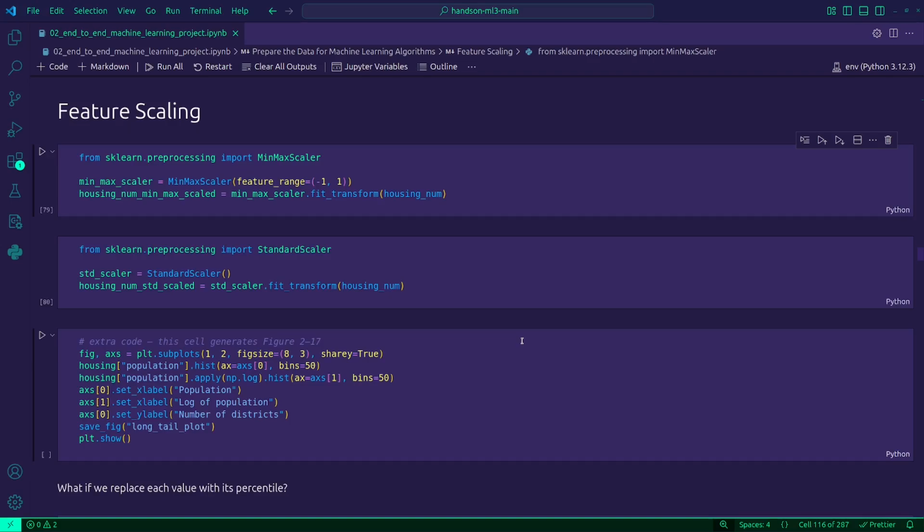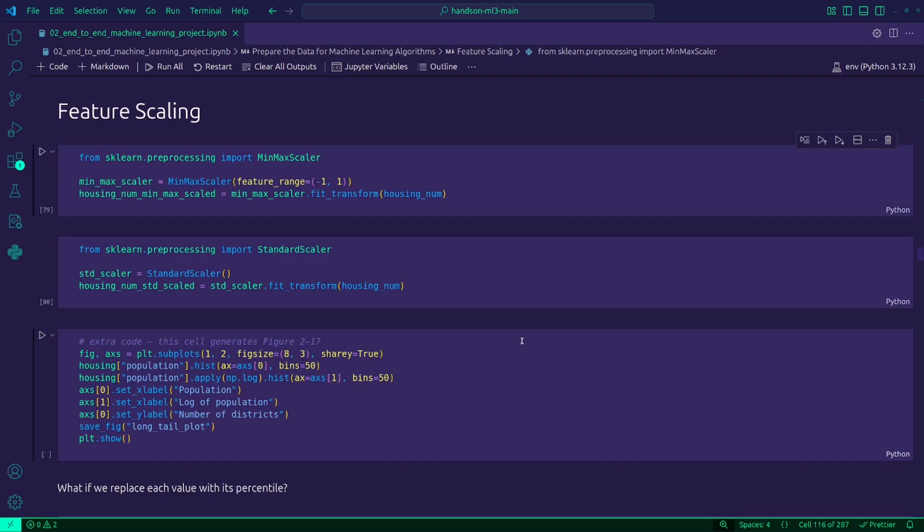It means that many machine learning algorithms are sensitive to the scale of input features. If one feature ranges from 1 to 1000 and another from 0 to 1, the first one will dominate in algorithms that rely on distance metrics.